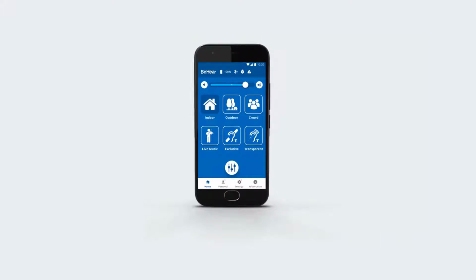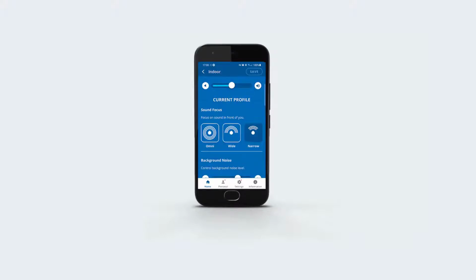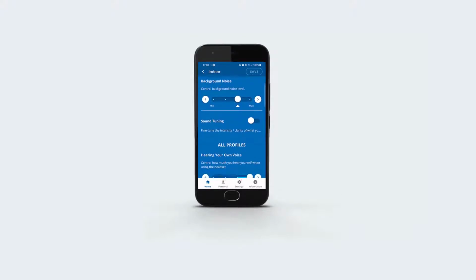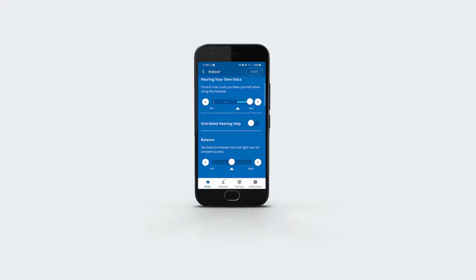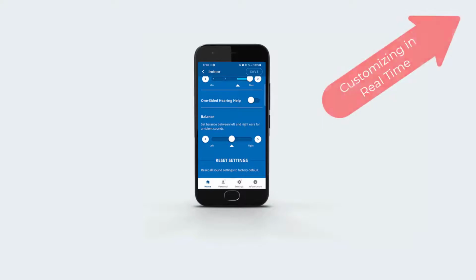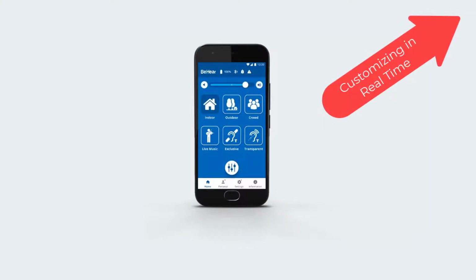When the headset is not using the Bluetooth connection for mobile phone calls or audio streaming, the home screen will be in personal hearing mode. There are many options on this screen for customizing what you are hearing in real time: choosing the hearing preset, changing the volume, determining the BSP, best sound point, defining the noise reduction level, setting the balance between ears, etc. To learn more about these options, watch the Customizing in Real Time video.